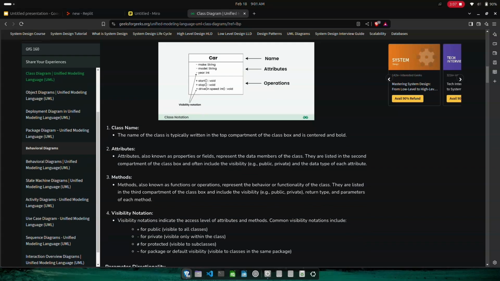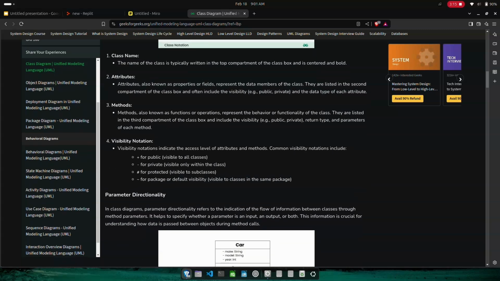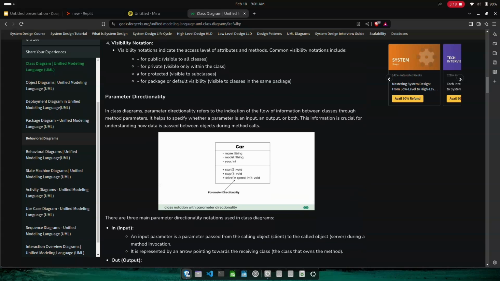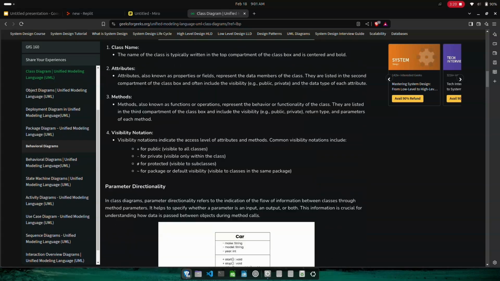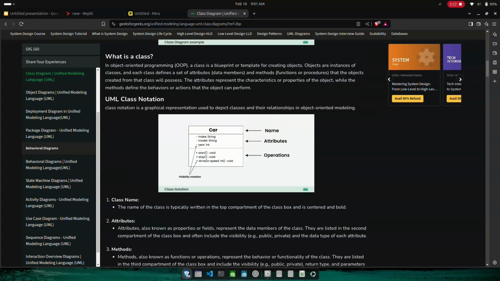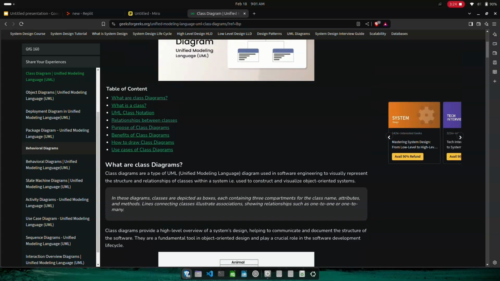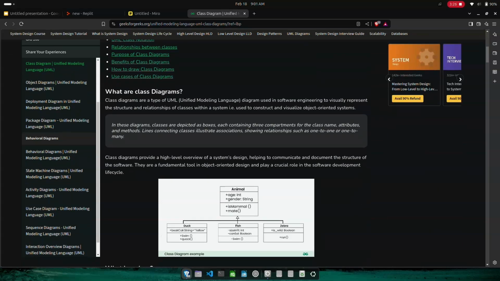So yeah, and we also have this visibility notation. Plus stands for public and minus stands for private. You can check it out here. So yeah, you can read about it, and this is how it works. It is basically helpful to visualize the class that we have defined. So that is why we use these diagrams. Okay,